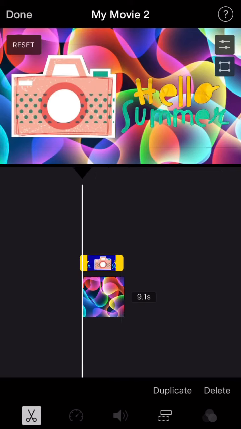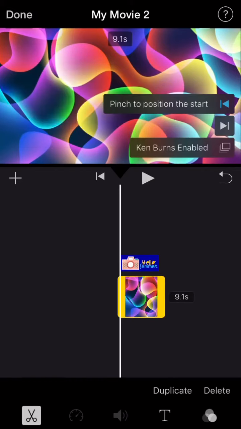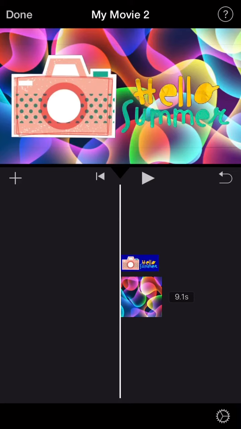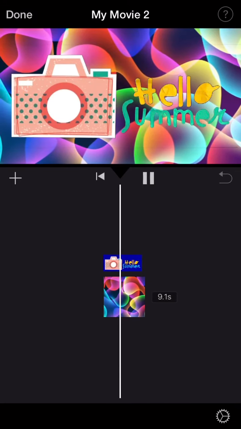And so you can make it bigger so that it reaches the whole background, and then it'll automatically cut out the blue part so that instead of the blue being the background, the background is the background. And what it pretty much does here is just makes the background be what the blue or green has been. So you can do a bunch of really cool stuff with this, and it's very helpful to a lot of people,